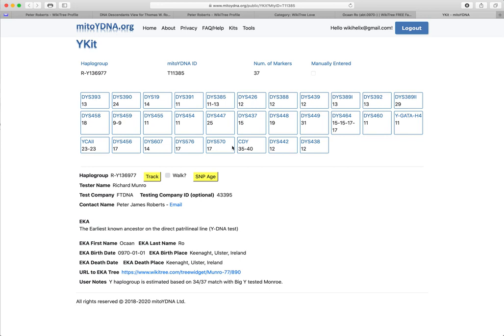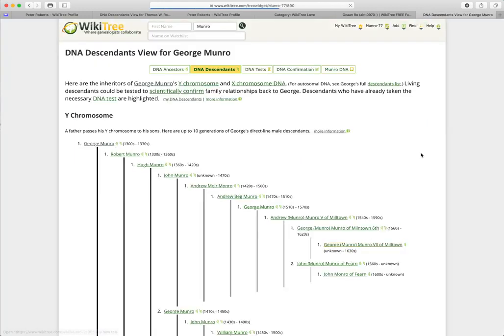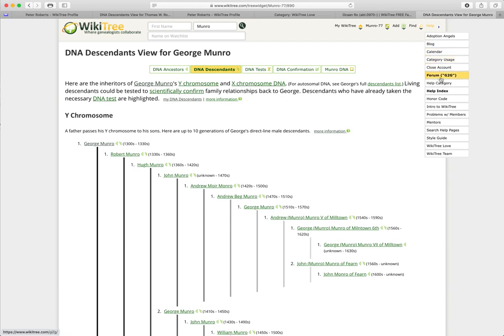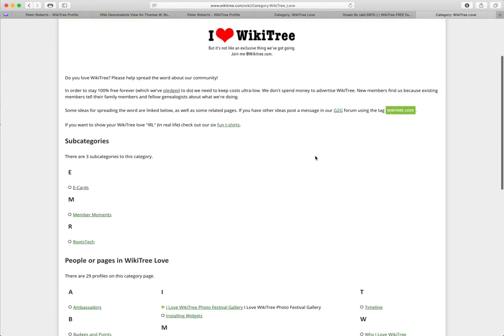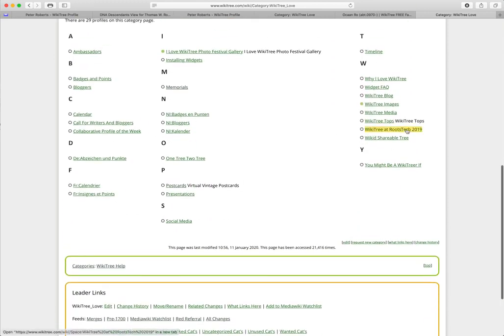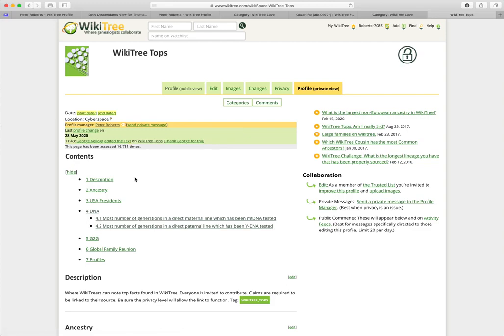I can also do a comparison of up to 24 Y haplotypes or 24 mitotypes. And if I go back to WikiTree, go to WikiTree Love, go to WikiTree Tops, DNA,